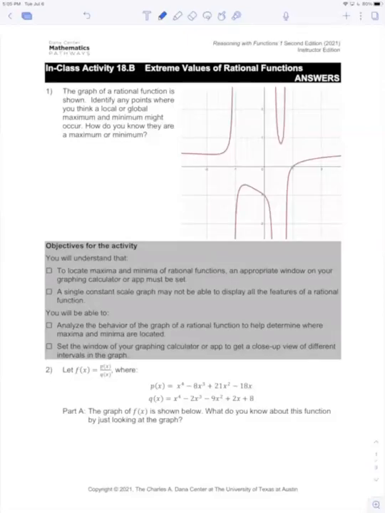In-class activity 18B, extreme values of rational functions. 1. The graph of a rational function is shown. Identify any points where you think a local or global maximum and minimum might occur. Let's see. We'll do max first. We'll do local,